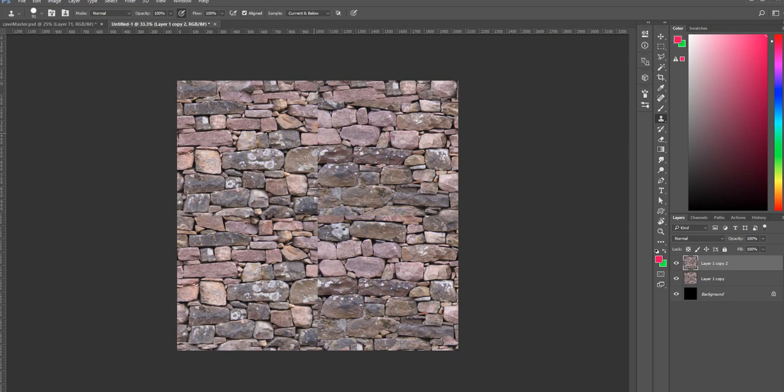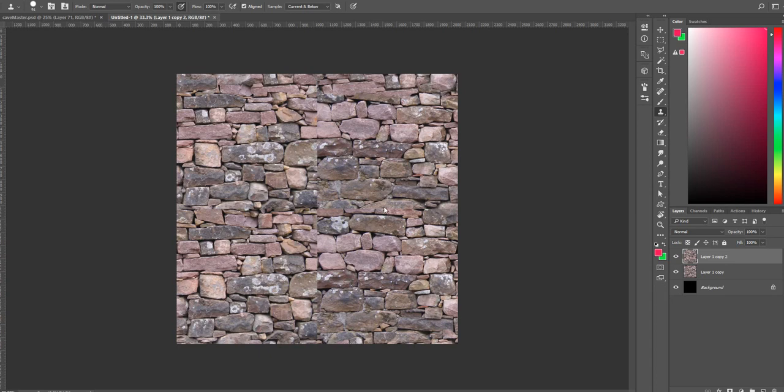And now I've got this line that goes across the middle, and this is the actual edges, and I've just offset everything in either direction by 1024. Now there's a bunch of different ways you can do this. You can just go ahead and get back into your clone tool and start cloning away. That's one way of doing it, to get rid of this edge. Now this is where it starts taking up some time. Or another thing that I also do often is, this is why I made a copy, because I often keep a layer underneath, and then you can go in